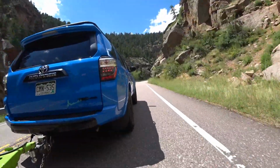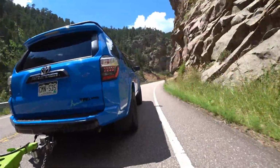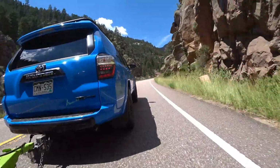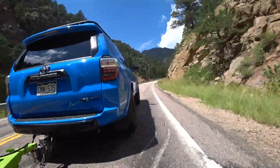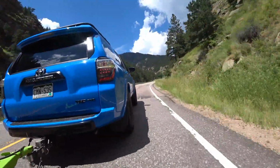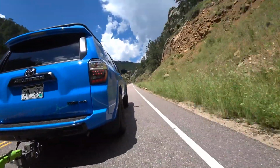Yeah, let's see. Air conditioner shoots to the back row. I like that. It's nice having the back compartment. We put a lot of stuff inside this. We got all our helmets back there, our camera bags. Okay, TRD, Toyota Racing Development Pro, 17-inch special TRD wheels, special Fox shocks, stamped aluminum front skid plate,